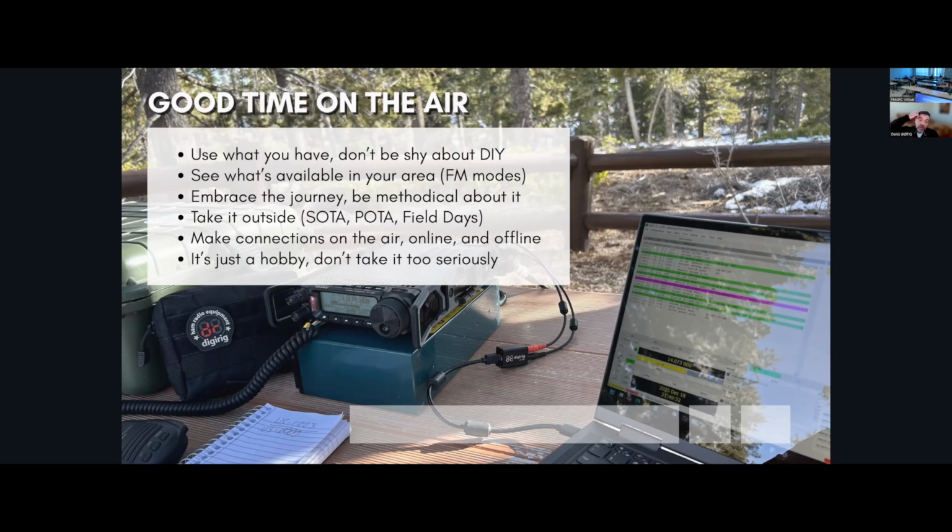Especially when it comes to FM modes, line of sight modes, see what's available in your area. That means that there has to be some infrastructure maintained by other operators, like digipeaters. Those are the stations that listen to the signals, and they will gateway the signals into the internet for you, or they will relay the messages and things like that. Especially on FM, when you rely on line of sight, it's important to know what's available in your area. So talk to locals, find out what they use, organize, maybe set something up,